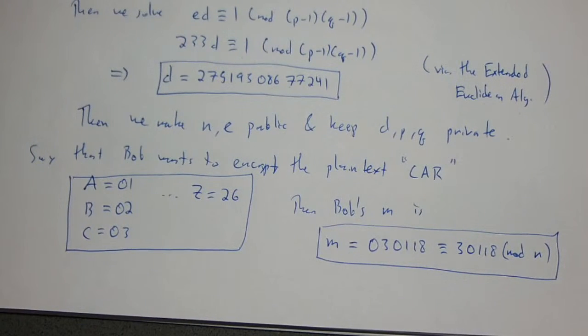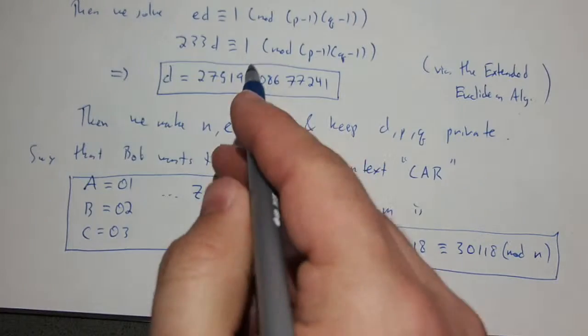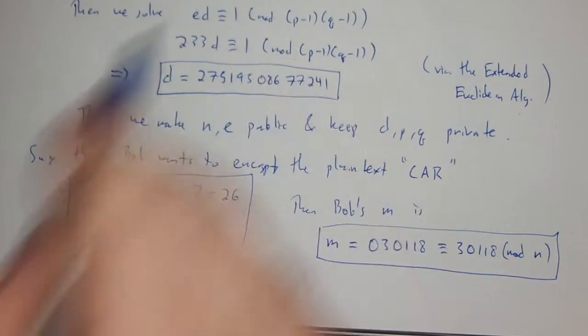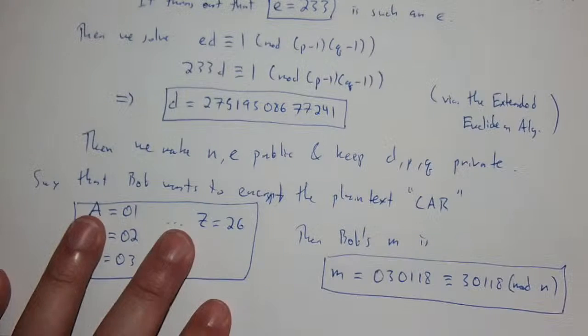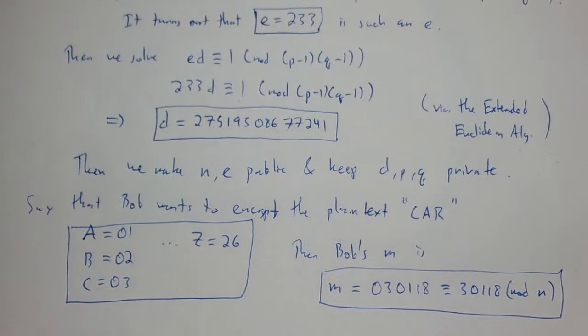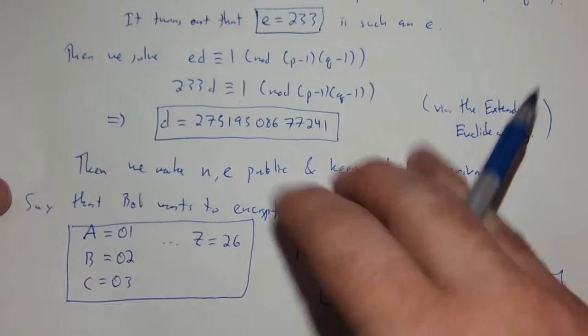Okay? And so how does Bob encrypt this message and send it along to us or to Alice? Well, he needs to exponentiate this to the public encryption key, which is E. Okay? So Bob looks up the publicly available key, which is E. That is 233, and then he just computes that exponentiation. So I'm going to move on to the next sheet so that we have more room. Okay, so